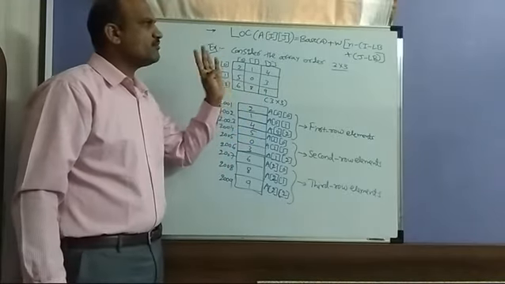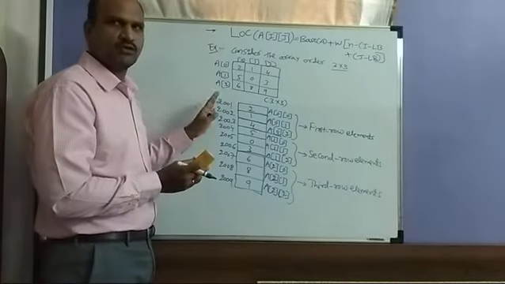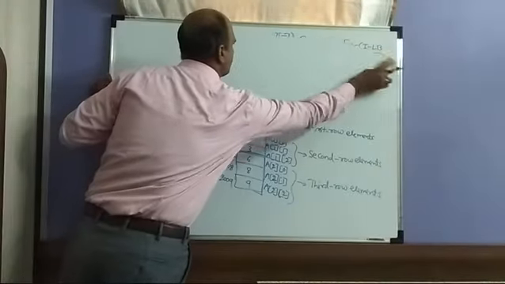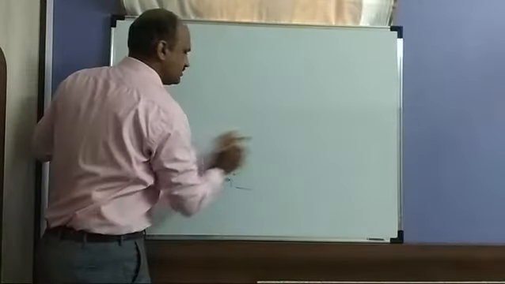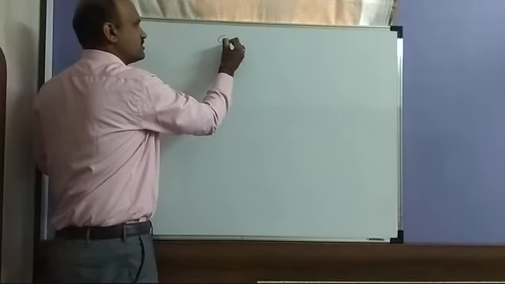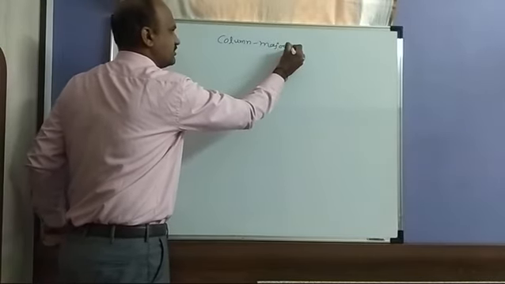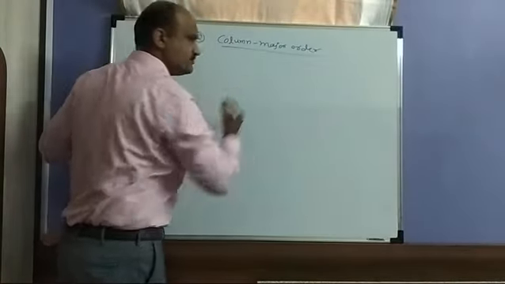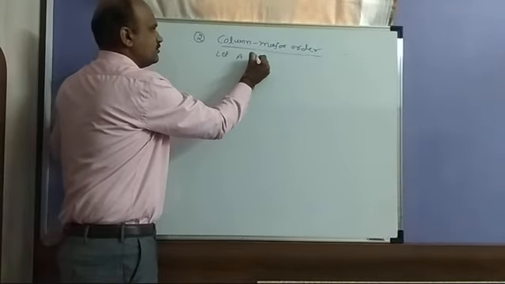So like this, you have to represent the elements present in your row major order. Then the same applies if you take the column order. Here, the first one is row major, next you will go for the column major. So you have to remember the formula, and also the base address, and the word size W. Then we will go for column major order, the second one I told you about. Here also you need the array A.